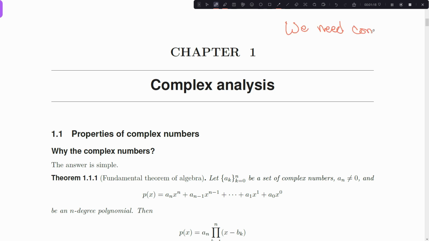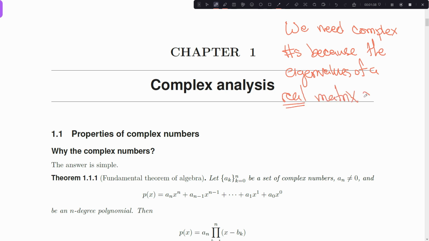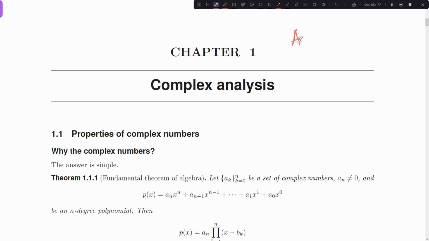We need complex numbers because the eigenvalues of a real matrix can be complex. Okay, same with the eigenvectors actually. So both the eigenvectors and the eigenvalues of a purely real matrix can actually be complex, and eigs, I'm just going to say eigs for both eigenvalues and eigenvectors, are very important